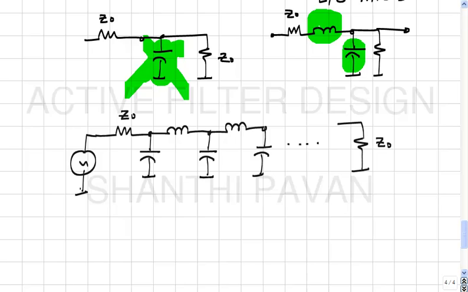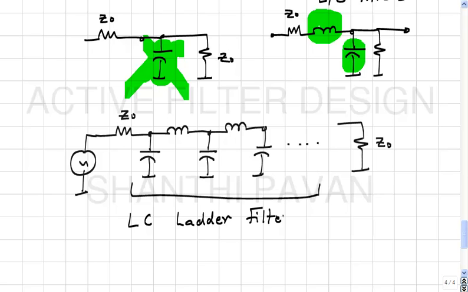You could alternately put inductor, capacitor, inductor, capacitor corresponding to either a T realization or a pi realization for the basic section. So what does this resemble? It's a ladder. This reminds you of the rungs of a ladder. So these are called LC ladder filters, and since they are doubly terminated,